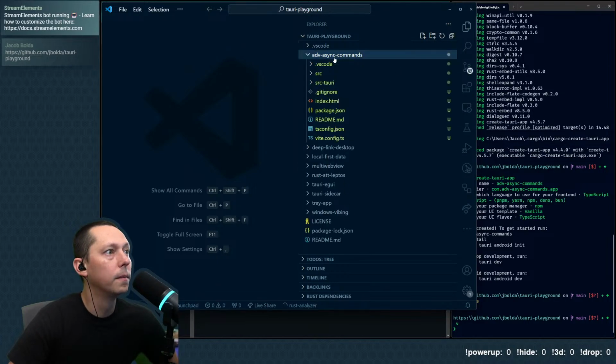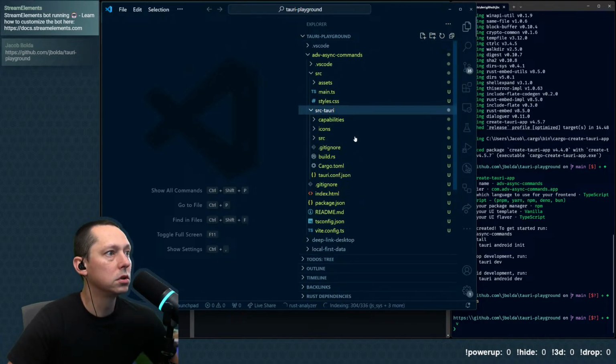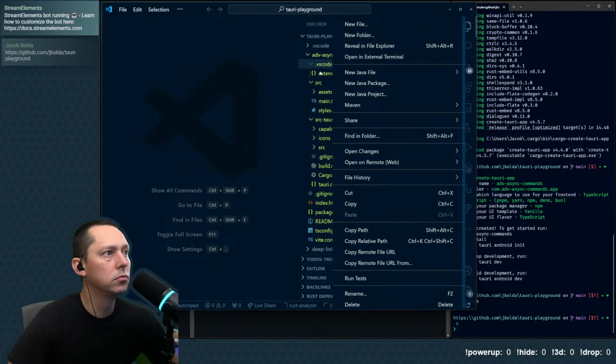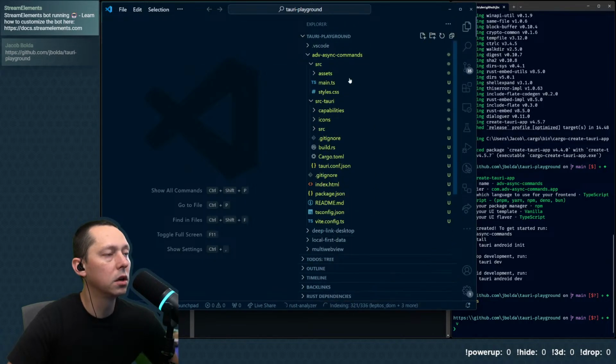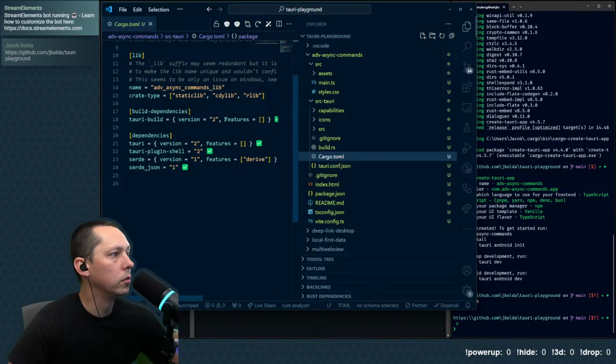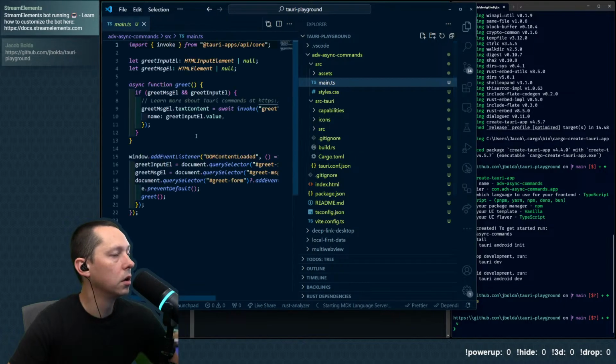Okay, so we have, like most Tauri projects you'll see, we don't need the VS Code folder. We can delete that. We have a source and a source Tauri. Source Tauri has the bulk of our Rust. We are on version 2 here, stable, and in our source we have a main.t